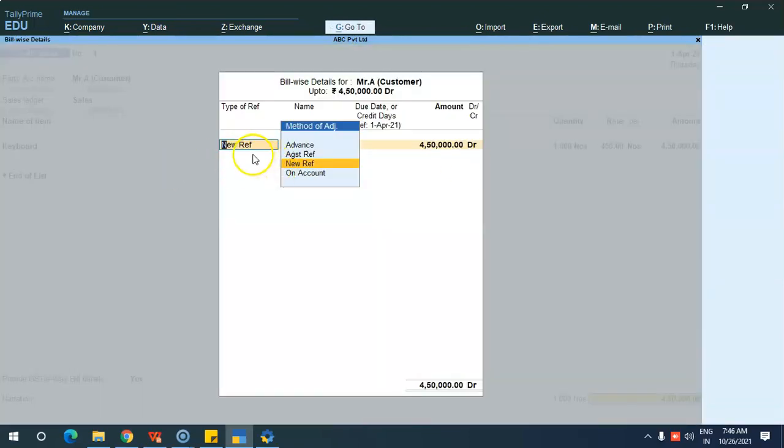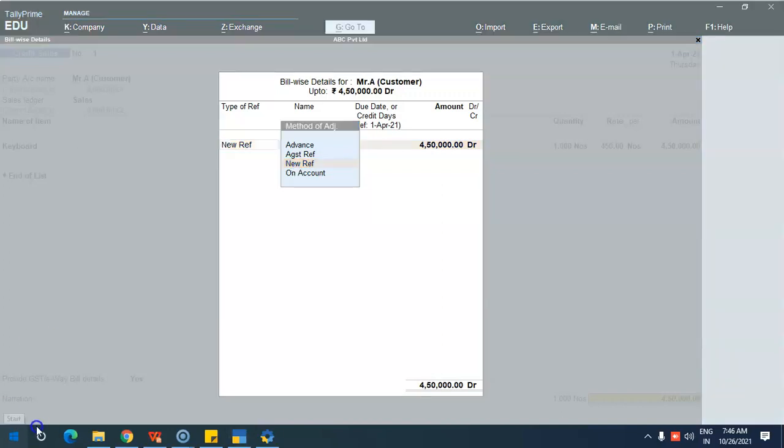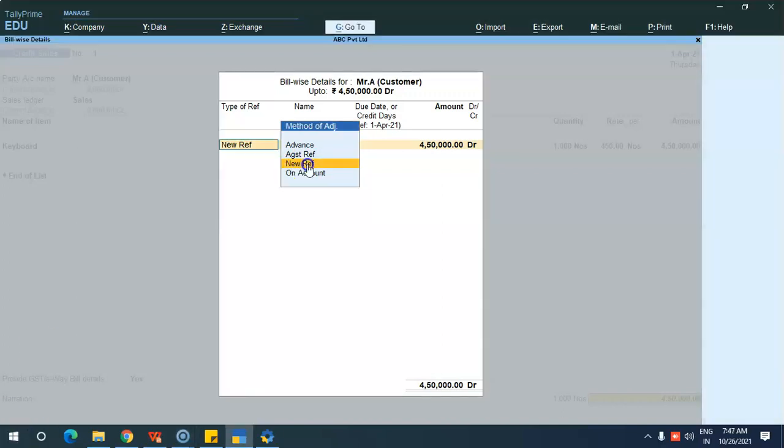Here there are references: advance, against, new and on account. New reference you will select when you are entering the transaction for the first time. Basically, you will select the new reference when you are accounting a sale or purchase.